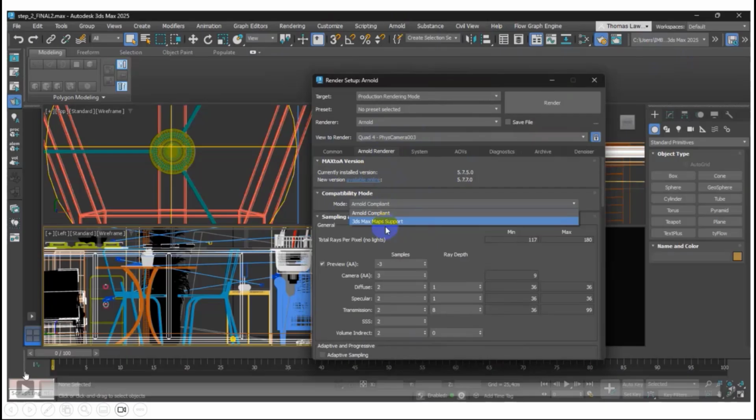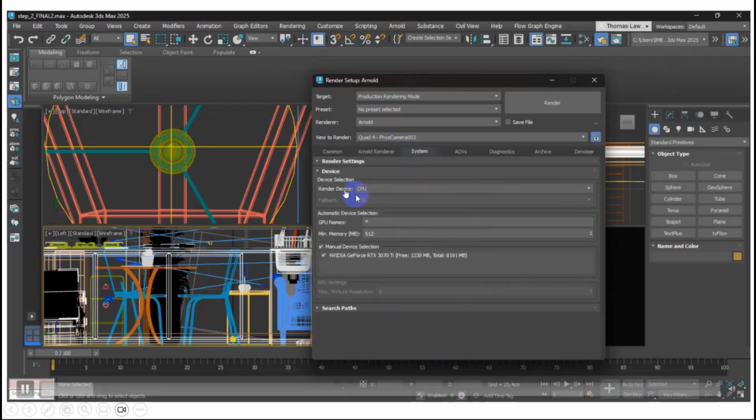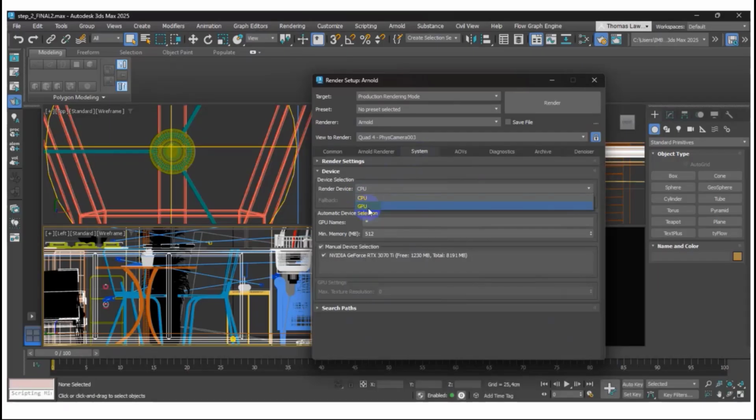When you see my screen right now, there is Arnold, which means why we need to shift: Arnold now supports both CPU and GPU. If you own the newest GPUs, the 40 series, like the 4070, 4080, or even the 4090, you can use the GPU.